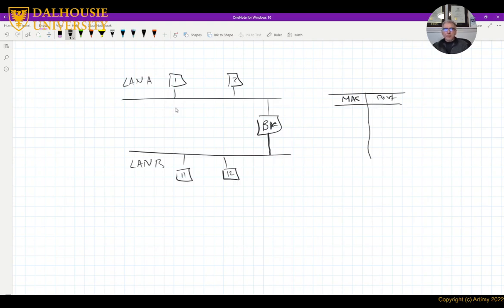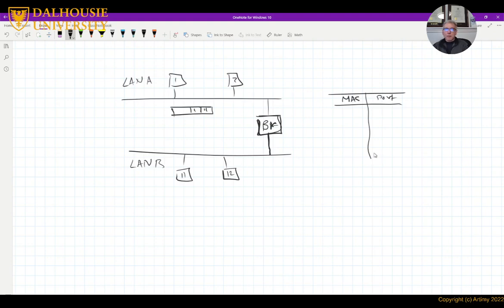So if 1 sends a packet to 11, that's the packet with 11 as destination and 1 as source, the bridge initially will look at the frame and say, do I know where 11 is? I look at the table and the table is empty.